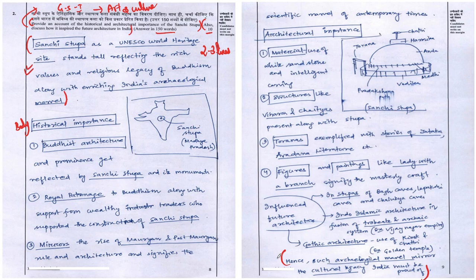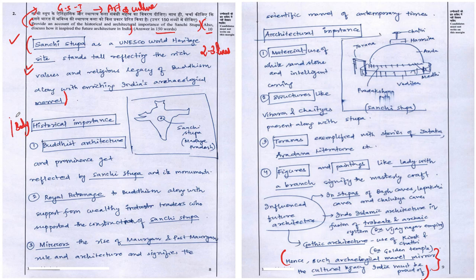But if you look at his conclusion also, due to lack of proper space management in this particular answer, he is unable to write the conclusion in a proper manner, which we can clearly see here. Otherwise, friends, there is a clear structure in the answer, and that is one good thing which we need to learn from All India Rank 2 Animesh Pradhan.